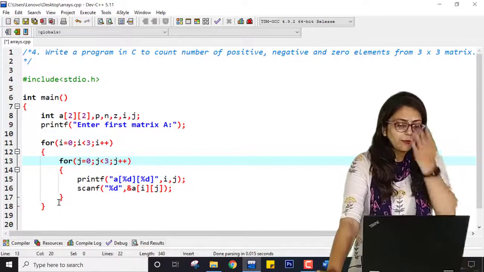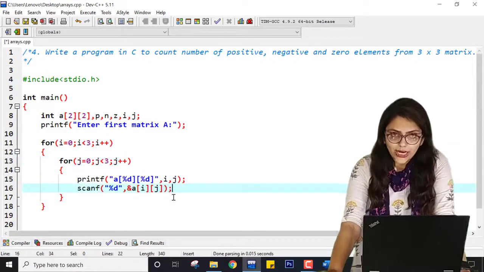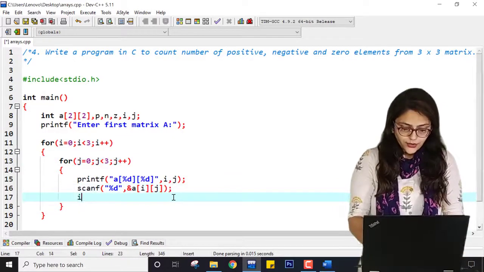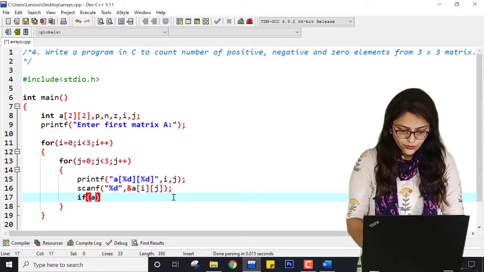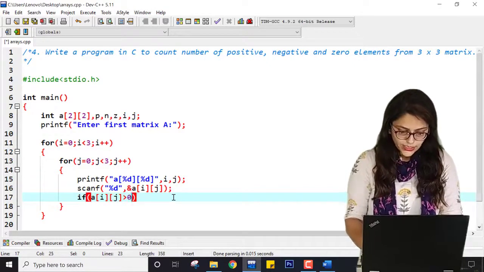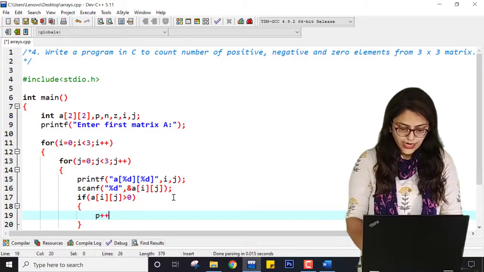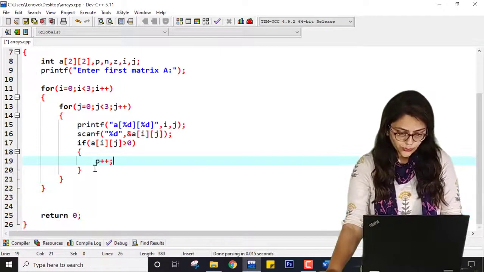Now every time whenever the user is entering a value, I am going to check it. How? If A of i comma j is greater than 0, then I am taking one variable, positive, and I am adding plus plus to it.